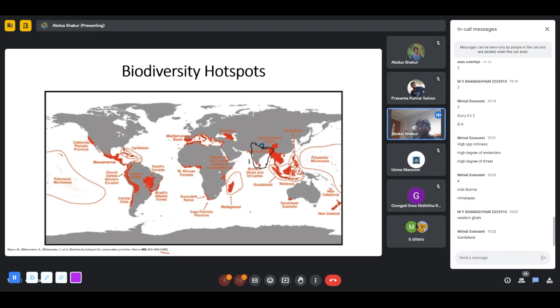If you have heard of frogs or other groups, birds also, there are species that are present nowhere else in the world, and they are present just in small areas in Western Ghats and not anywhere else, and they have a high degree of threats. And then these areas also have a lot of species like